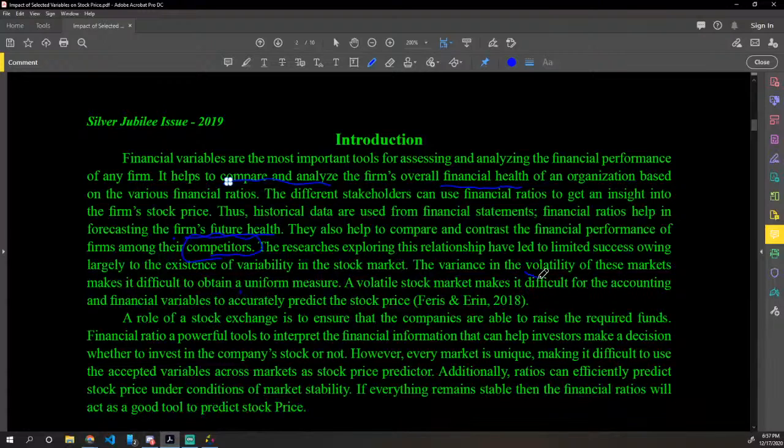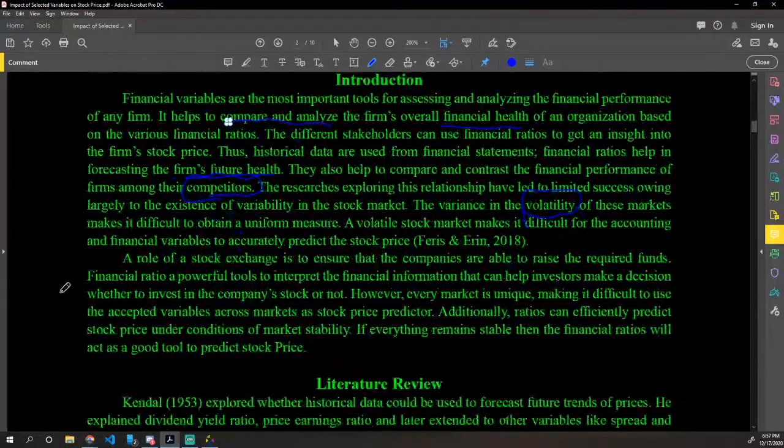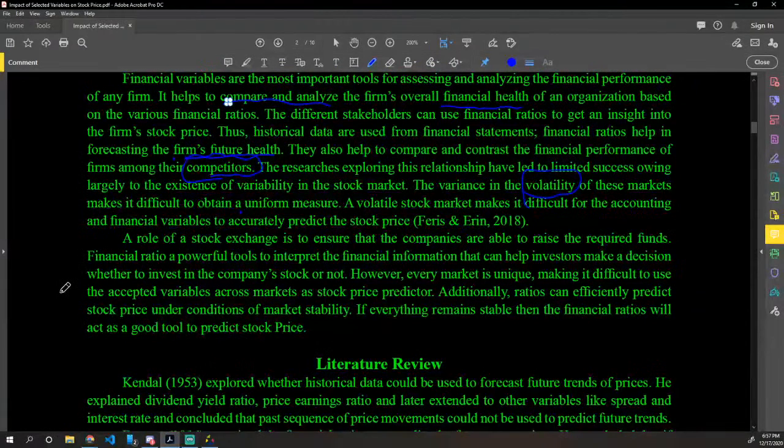The variance in volatility, that is the thing, right? The volatile stock market makes it difficult for the accounting and financial variables to accurately predict the stock price. That is correct. A role of stock exchange is to ensure the companies are able to raise required financial ratio. A powerful tool to predict the financial information can help investors make a decision whether to invest in a company